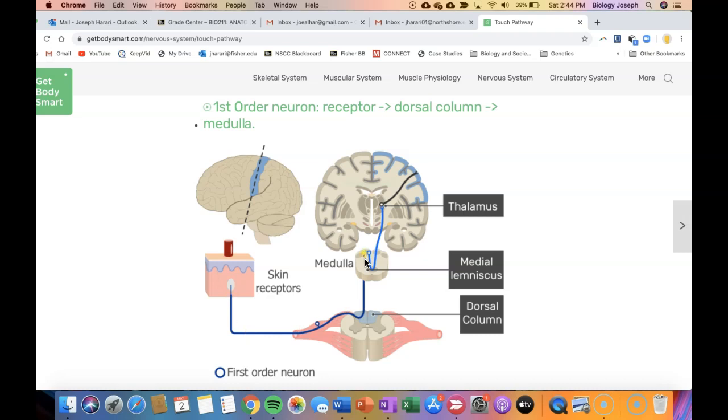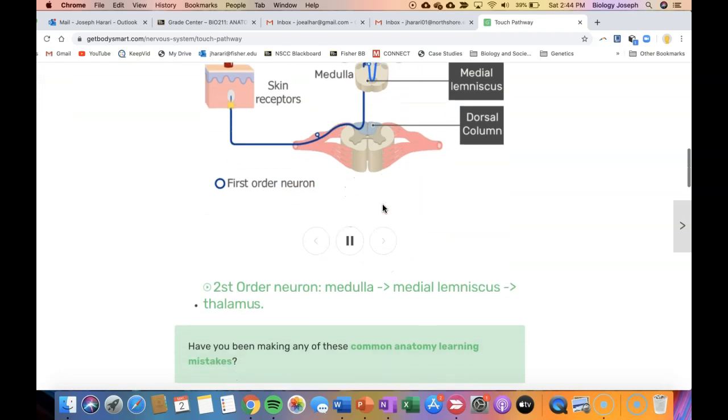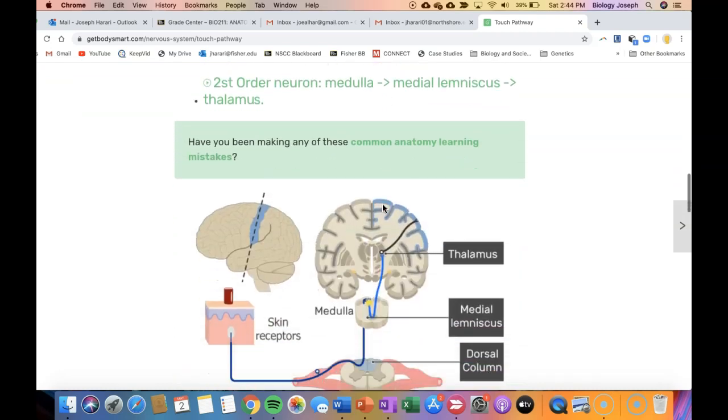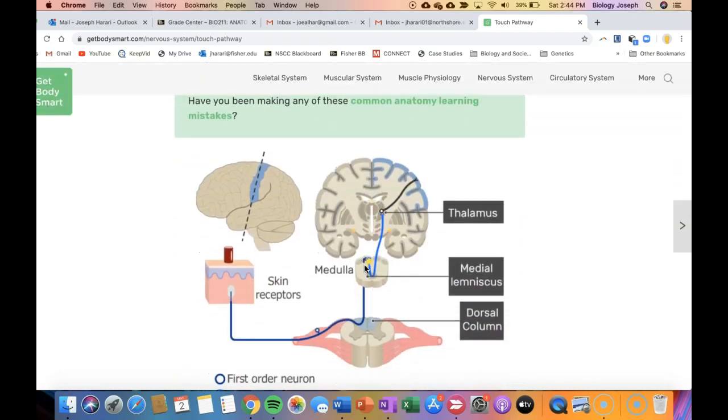And in the medulla, specifically in the medial lemniscus, you don't have to know that term, but there is an interneuron in the brainstem that will then transmit this message to the thalamus. This is called our second order neuron. So the neuron that goes from the brainstem